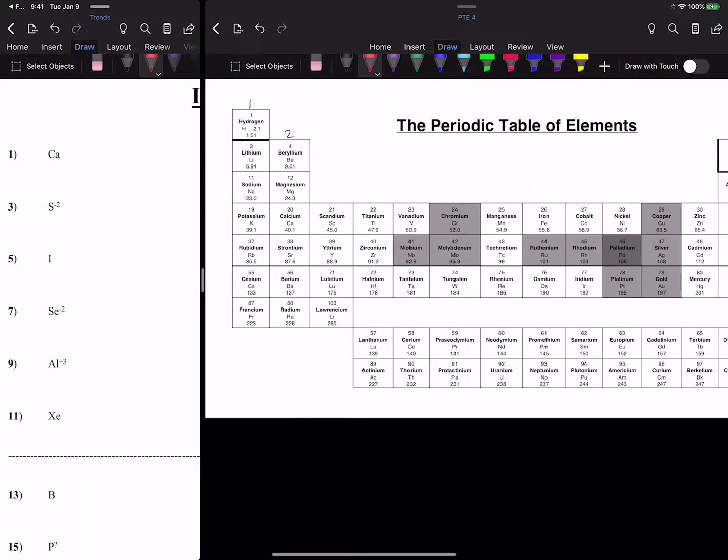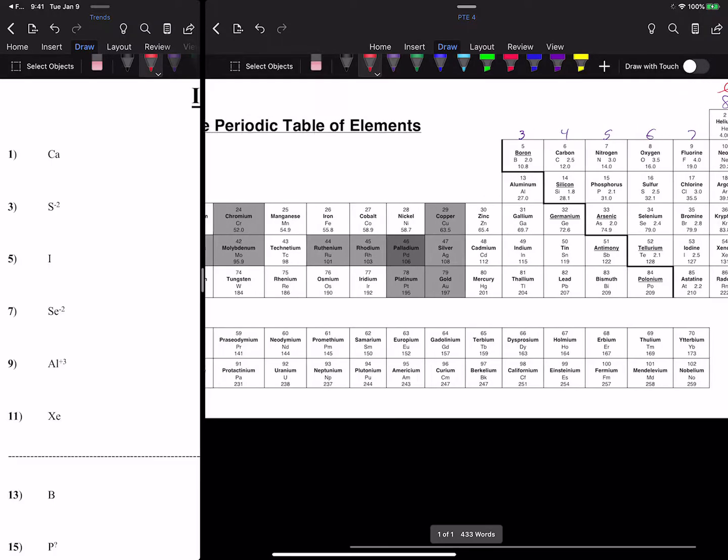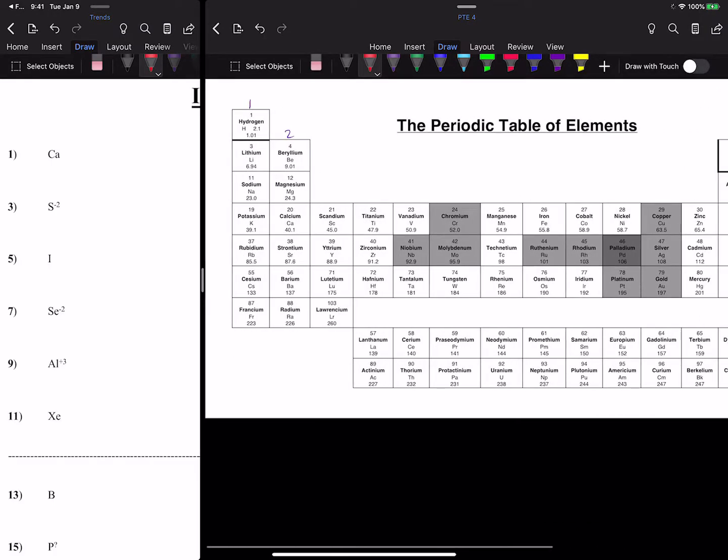So I've already started by labeling my periodic table with the group numbers along the top, and you should always have this on your periodic table. What I want to do as we go through is add in the ionic charges that each element gives rise to. The other thing to keep in mind is that Mendeleev, the person who's credited with designing the